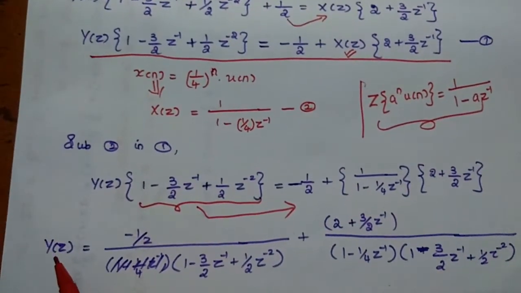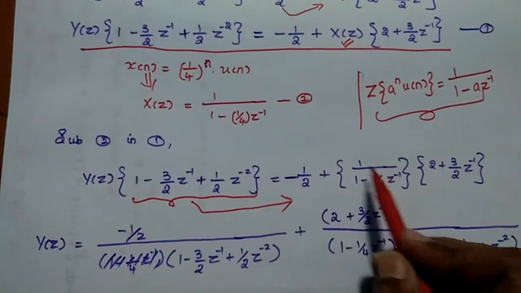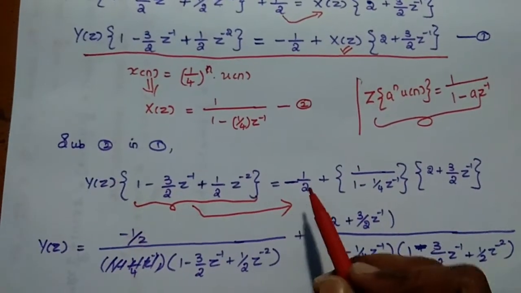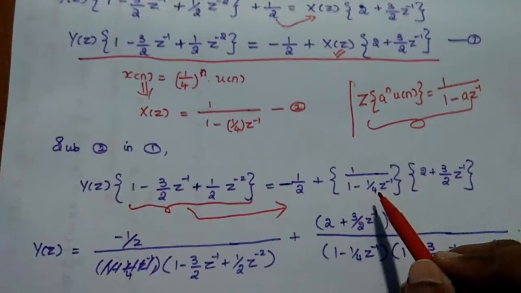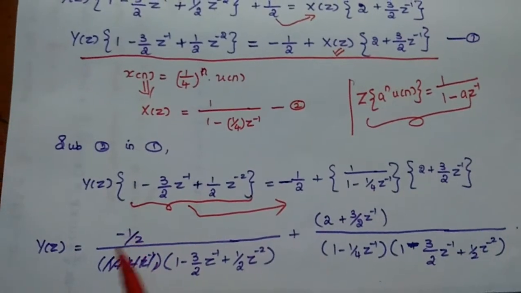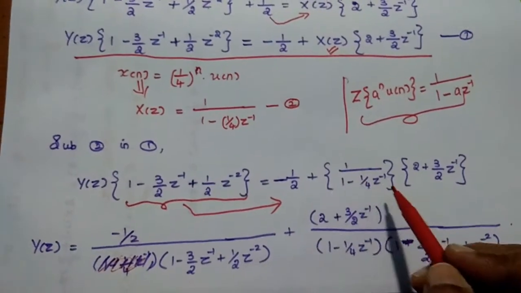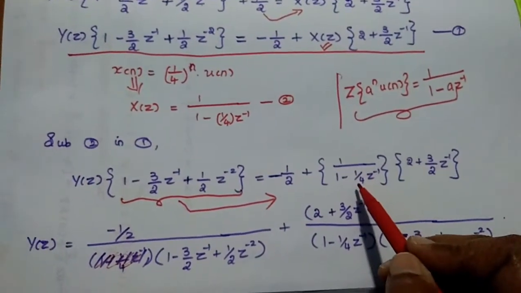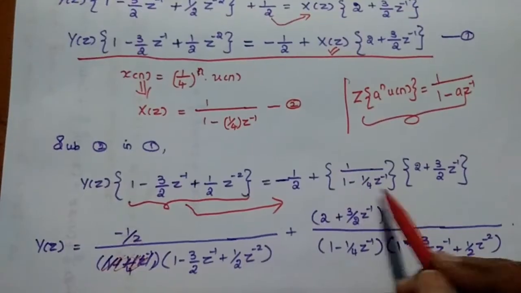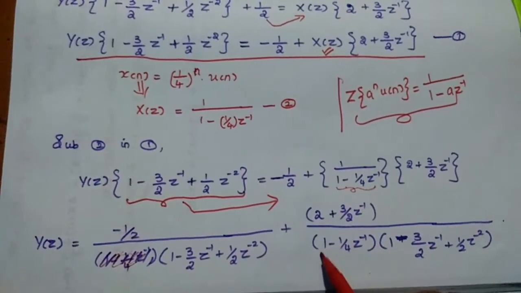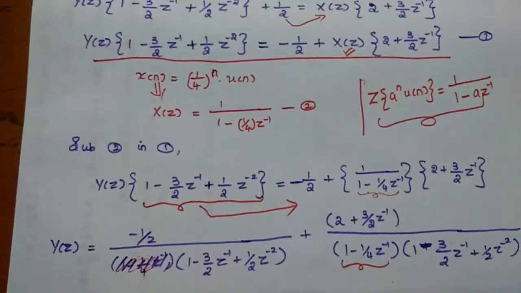So we can write y of z is equal to minus 1 by 2 is a separate term. It is a separate term. This is a separate term. So we can make sure that, so this is going to right hand side as a denominator for these two terms. So minus 1 by 2 divided by, there is no value, okay, this expression plus this value, okay, this is already in the denominator. We can consider like this. So this numerator we are having only 2 plus 3 by 2 z inverse. It is 1 divided by this. So it is already in the denominator. We can write that denominator value as such 1 minus 1 by 4 z inverse into this expression.